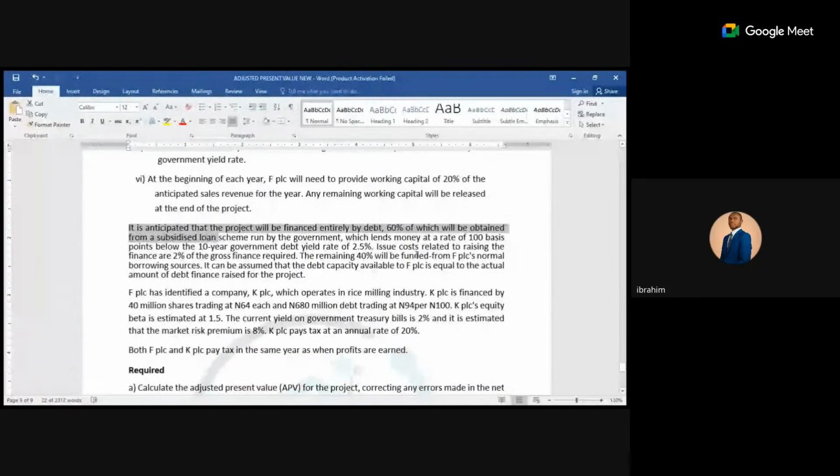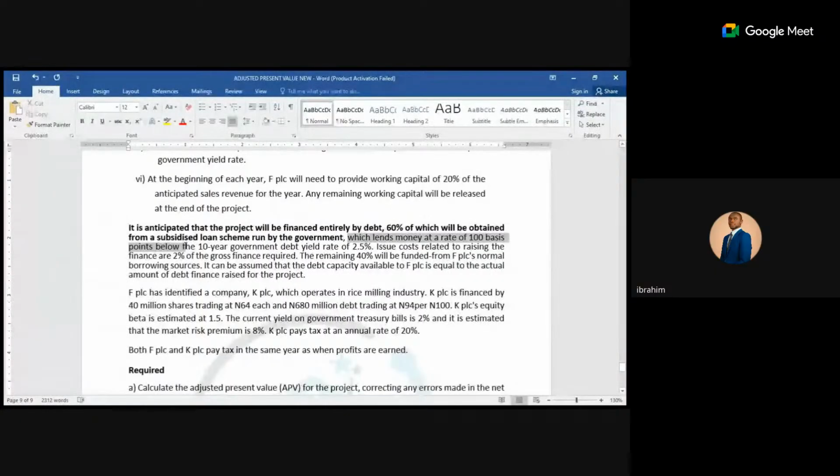60% of which will be obtained from a subsidized loan scheme run by the government. There's a subsidized loan scheme here that is being run by the government, while the 60% of it will be financed entirely by debt. Which lend at a basis point. What is the lending rate? Which lends money at a rate of 100 basis points